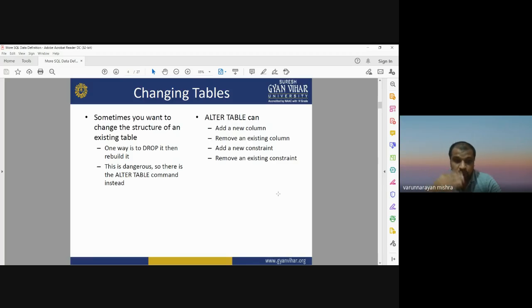DROP TABLE completely deletes your table, completely deletes your data sets, and you cannot recover or undo that data. Okay, so this is the difference between ALTER TABLE and DROP TABLE. Both change the table, but DROP TABLE permanently deletes your data, while in ALTER TABLE you can add or remove as per your requirement.